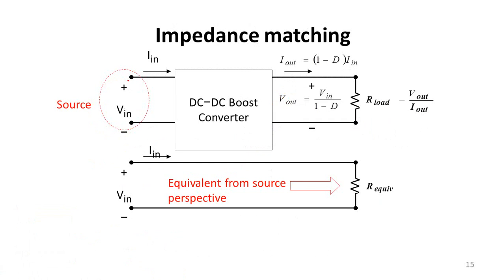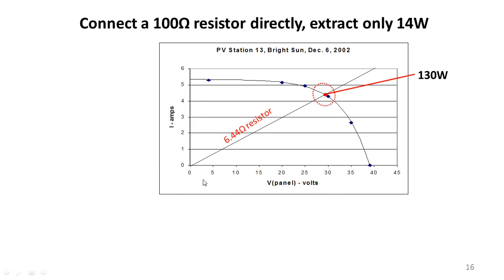This is going to be PV. This is going to be my typical DC-DC boost converter. Let us forget this boost converter and let us see only this load. So this load is going to be the equivalent resistance, and when your source, when your input resistance, that is this particular resistance R, input resistance is equal to equivalent resistance, you call it as impedance matching. So this is what the concept is, impedance matching.